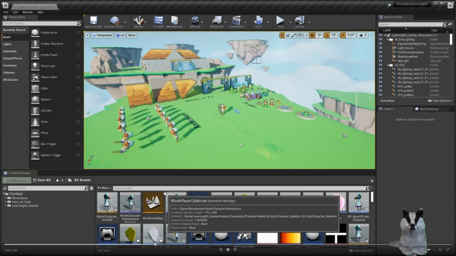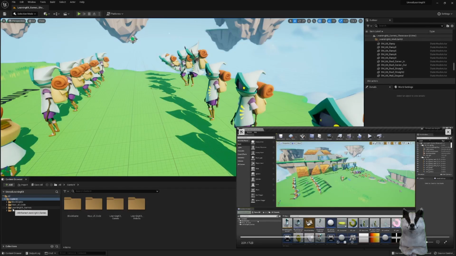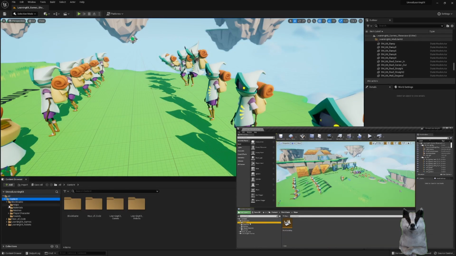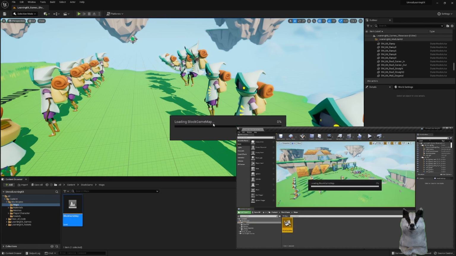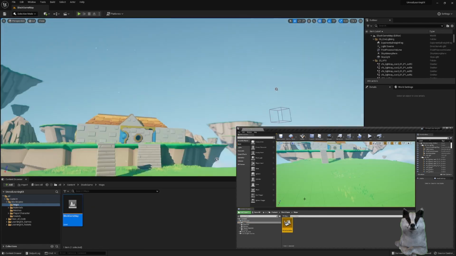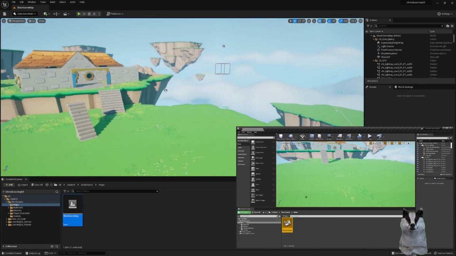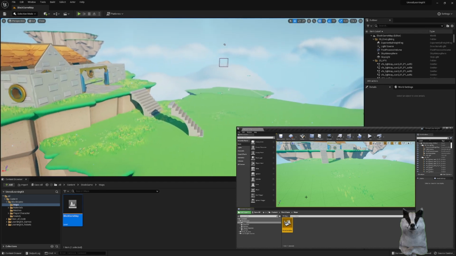To find the block game map, navigate to the block game folder and find the maps folder. Double-click on the block game map to open it. Since the block game map is the map we'll always want the editor to open while we create the game,